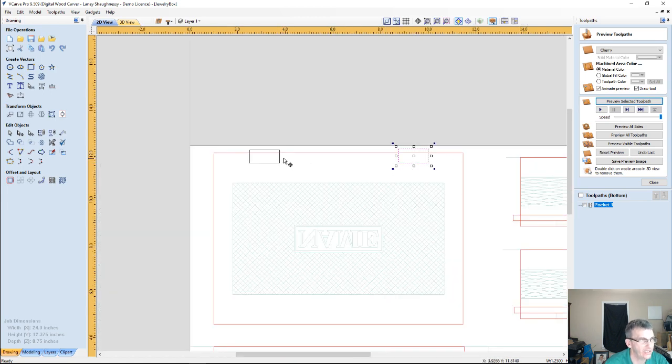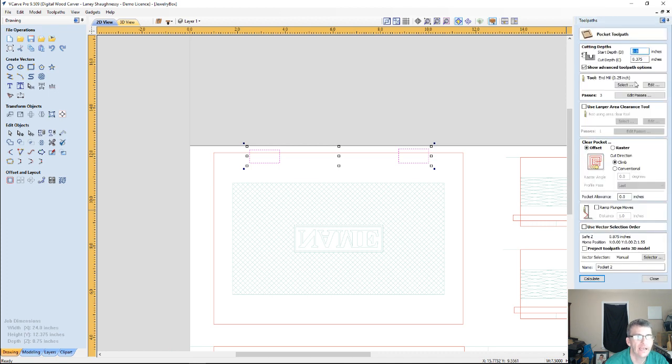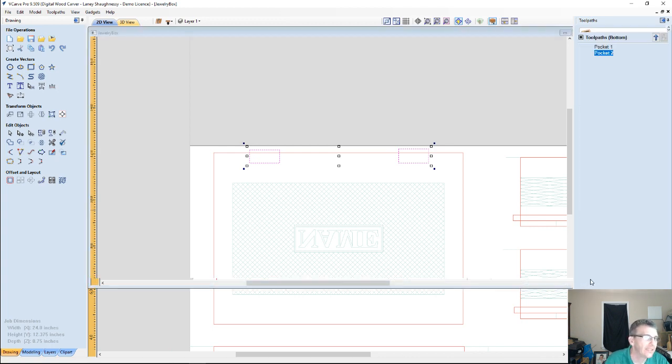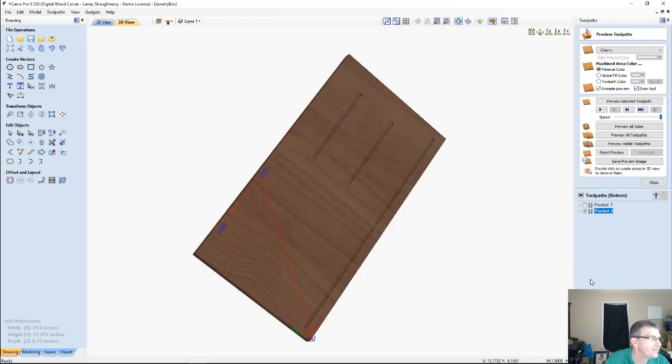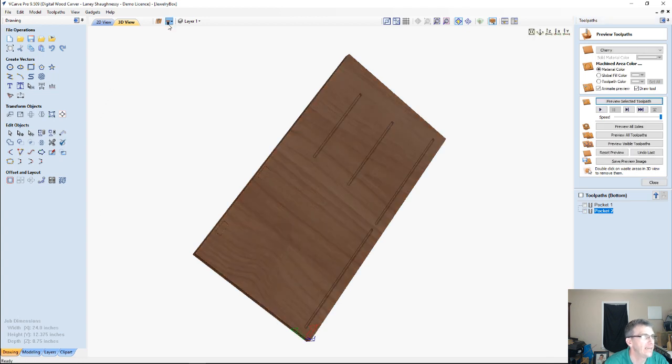So these two guys here are going to be a pocket cut, and this pocket cut is only going to be, again, 1/16 of an inch deep. The 1/4 inch end mill is fine. Calculate. And once again, if we preview the selected toolpath, that'll give me my mortise. And because I did my profile cut on the front side,